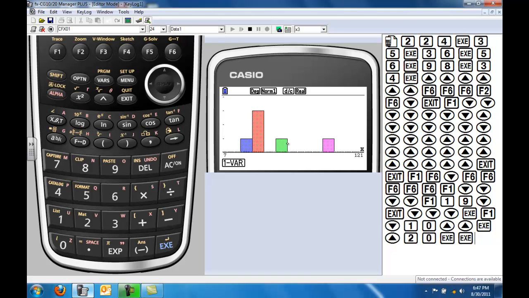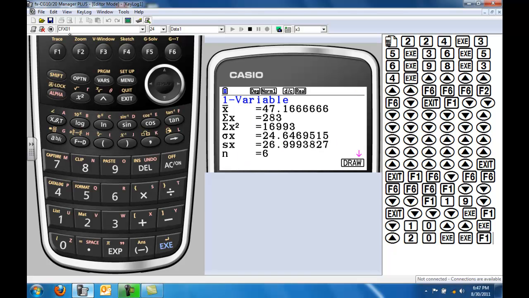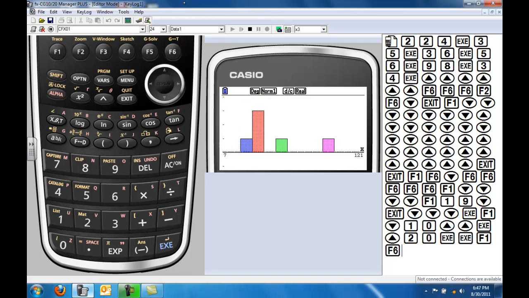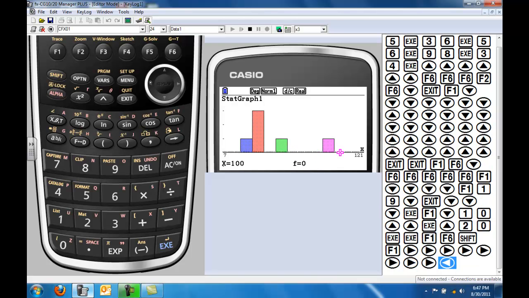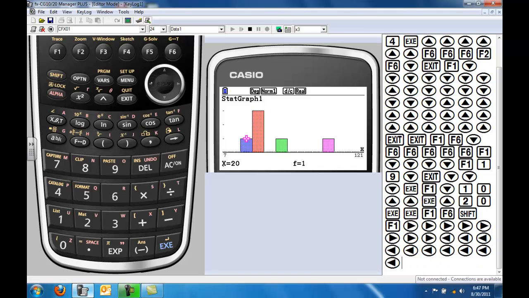Here's my rainbow of colors on my information. Now what's really nice also is I've got one var, which means I can look at the one variable statistics on that same information. So I can toggle back between the graph and the one variable statistics. And these bins are 20, start at 20, goes over 10, goes over 10. If you want to trace, I press Shift F1. F means frequency. How often are these happening? Where is my information at? So there's just some quick